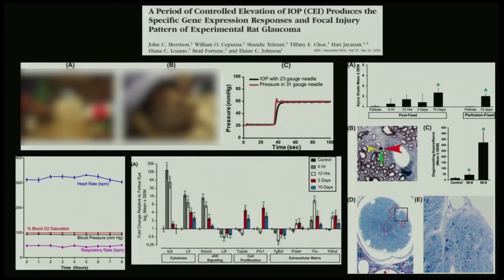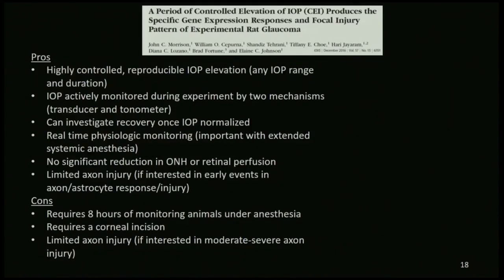And finally, we looked at multiple genes that were up and down regulated at different time points after this injury. Really interesting, there are some genes that are upregulated almost immediately, such as the cytokines like IL-6. And then there are some others that take a little bit longer, and they're seen more 3 to 10 days post-injury, like the cell proliferation markers.